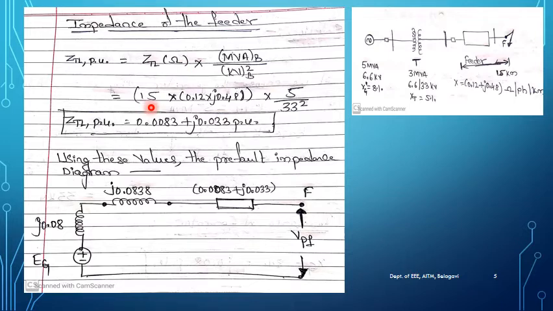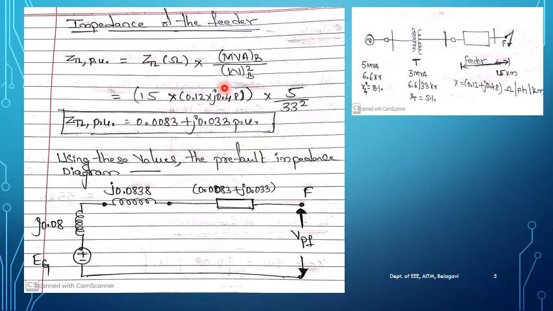We are going to multiply 15 with the reactance value, into MVA base. The MVA base new value was 5 MVA divided by the kilovolt base value of the transmission line, which we obtained, right? It was around 33 kilovolt. So 33 kilovolt, 33 whole square. If you simplify it, the new impedance value of the transmission line in terms of per unit will be this much. Is it clear?